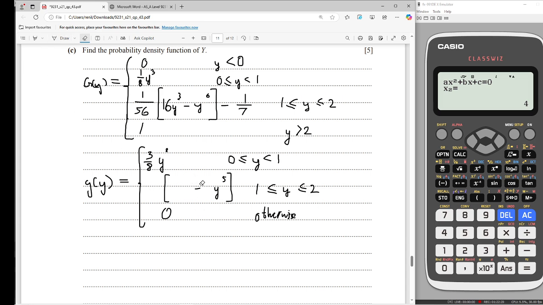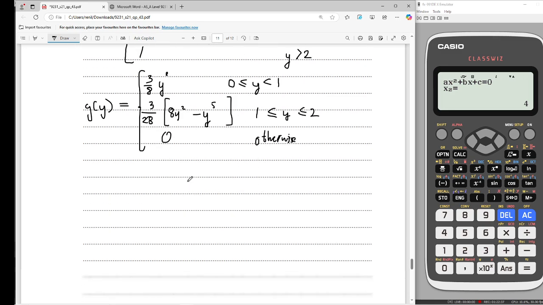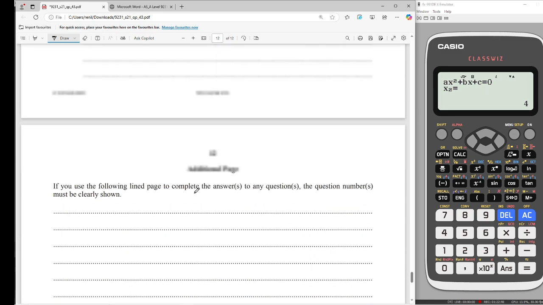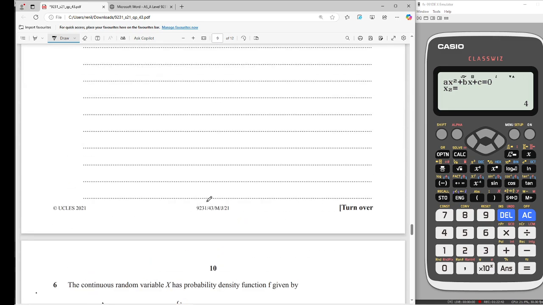I'm just going to rewrite this entire function then. So 3 by 28 of 8y squared minus y to the power 5. That right there is the answer for this question,